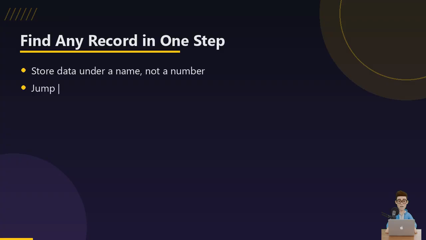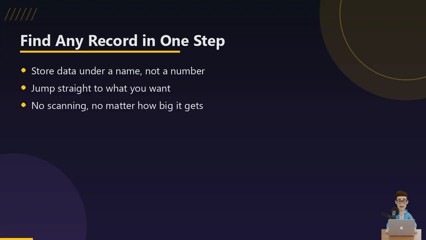What if finding one record took zero searching? That's a dictionary. Think of a code check. You hand over a ticket and get your exact code back instantly. No rummaging through the rack. Python dictionaries store things under a name instead of a position, so you land on the answer in a single step. By the end of this, you'll store data, look it up instantly, loop over it, and nest dictionaries inside